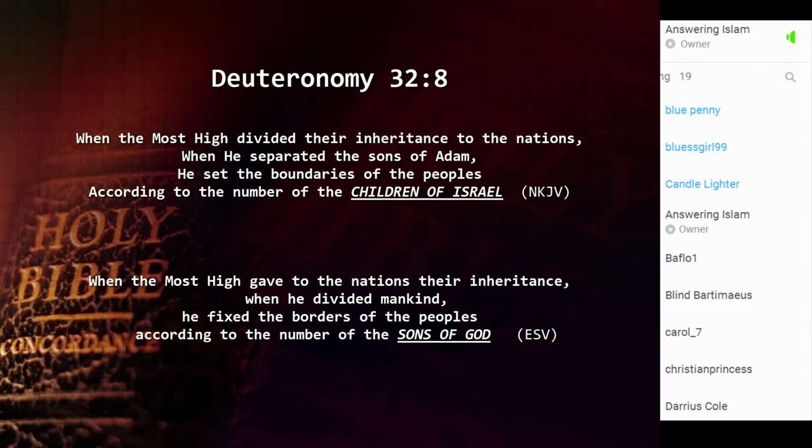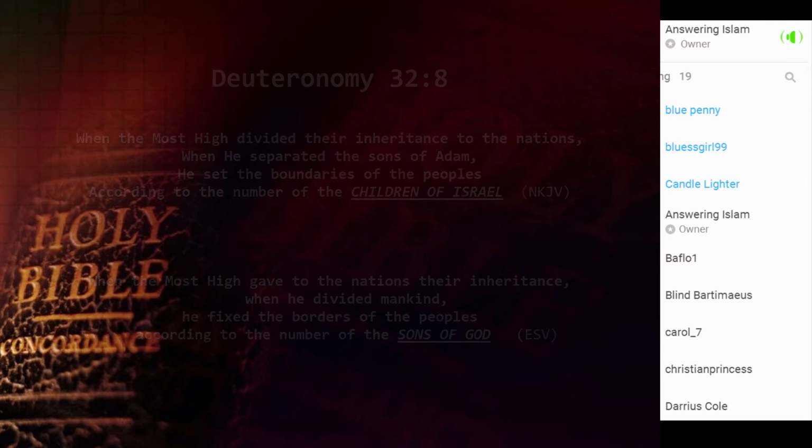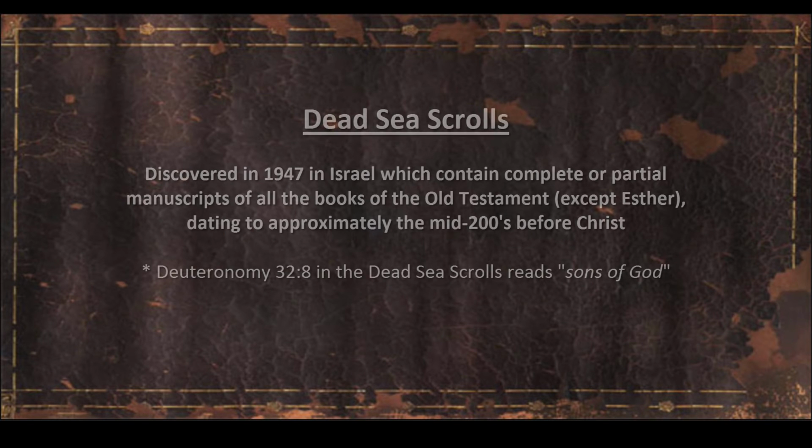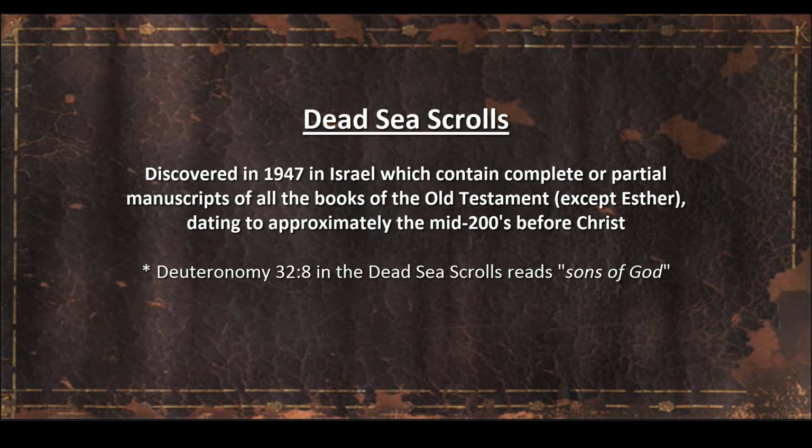Here's the reason why. The later Hebrew manuscripts of the Old Testament that were produced by a group of Jewish scribes called the Masoretes, centuries after the time of the Lord, let's say from the 5th century onwards, those manuscripts, known as the Masoretic textual tradition, Masoretic text type, read sons of Israel, that the nations were divided according to sons of Israel. However, the Greek version of the Old Testament, which is based on an older form of